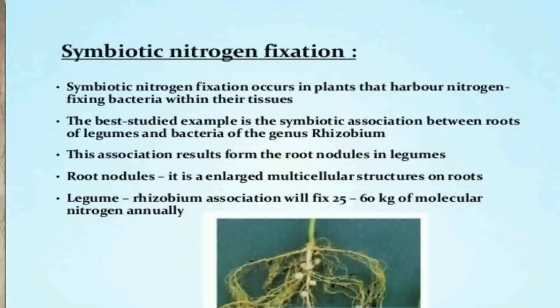Now, if we uproot any one of the common pulses just before flowering, we will see spherical outgrowths on the roots. These are the nodules. If we cut through them, we will notice that the central portion is red colored or pink colored. What makes the nodule pink is the presence of a special pigment called leghemoglobin. And what is this leghemoglobin? Leg stands for legume and hemoglobin stands for a typical hemoglobin type pigment which has affinity for oxygen.